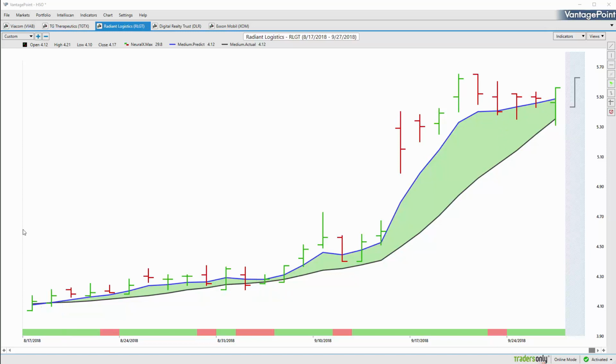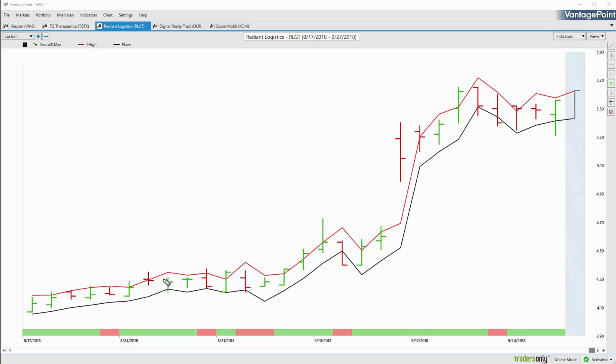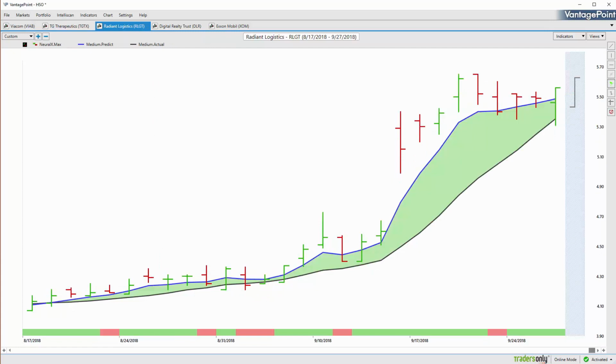But the trend is very much to the upside, and therefore you'd want to be looking towards predicted lows to take positions in the market. So buying towards these predicted low levels, taking some short-term profits up near those predicted highs, but of course, getting long the market and taking profit on those long positions here. So you see just phenomenal trading opportunities here over the past, what's been about a couple months of time